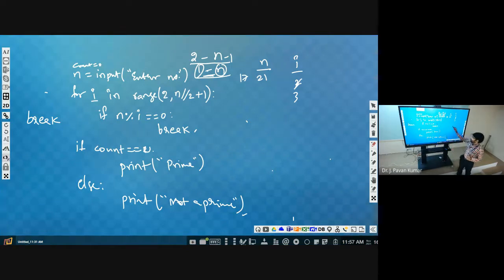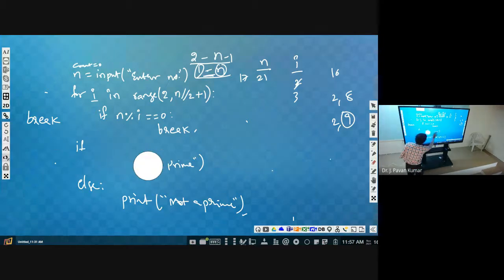Suppose the value is 16, we have to repeat 2 to 8. If the value is 18, then 2 to 9. Whenever it is 9, it has to check or not? It has to check. So only when the i value goes beyond that will it terminate. So now what can be checked here? Now you say.